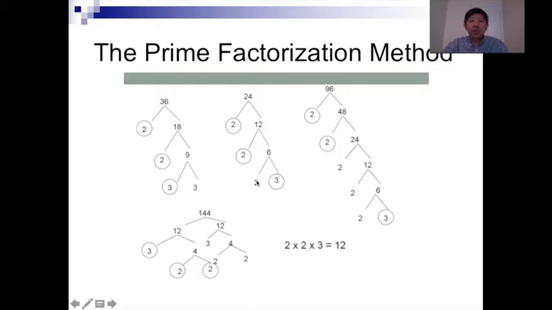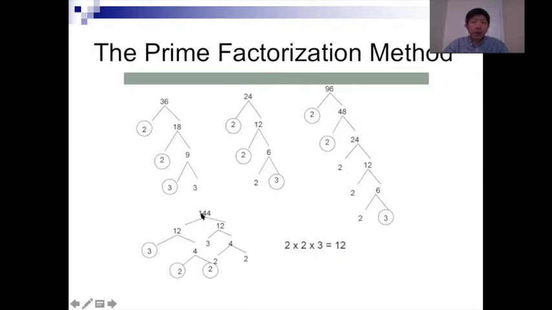6 divided by 2, got 3, all right? So we have to find all prime numbers. So here are the prime numbers. And then 96, we divided by 2, got 48. 48 divided by 2, got 24. 24 divided by 2, got 12. 12 divided by 2, got 6. 6 divided by 2, we have a 3. So we have the primes, okay? And next, we have